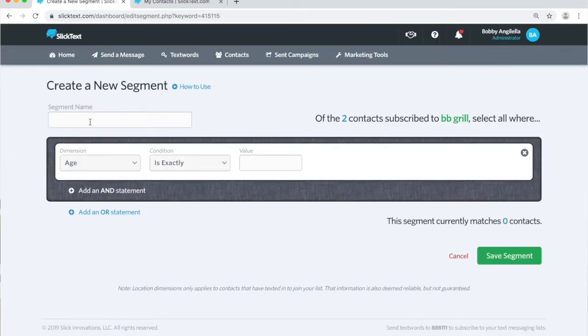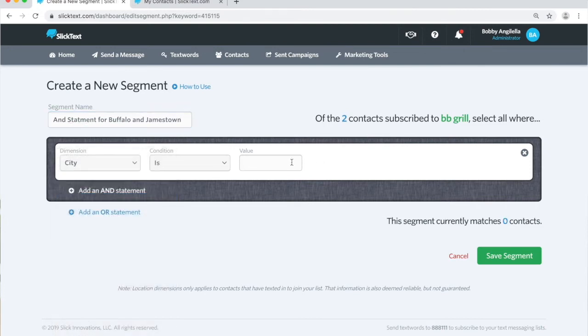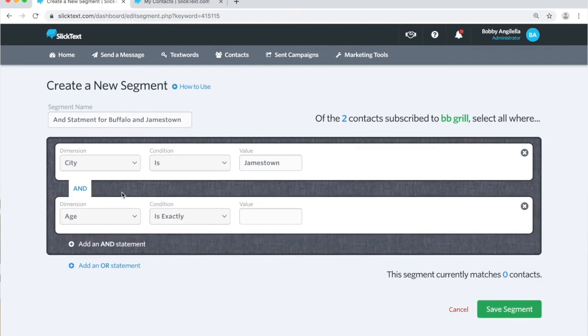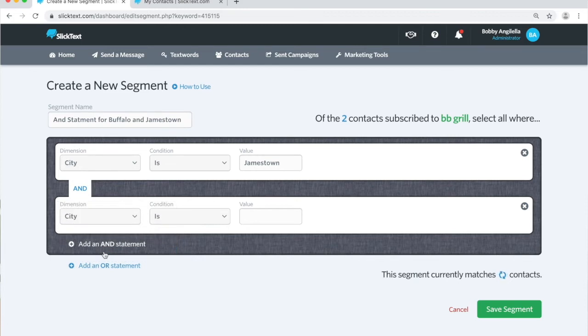So on the segmenting page here, we're going to do an and statement. All right, we'll say and statement for Buffalo and Jamestown. From the dimension, we'll say city is Jamestown. We're going to do an and statement just to show you what it looks like. If you try to do city, because we only have one city field, and you say, get me anybody who has Jamestown on file and Buffalo on file, that's going to bring back a negated value,